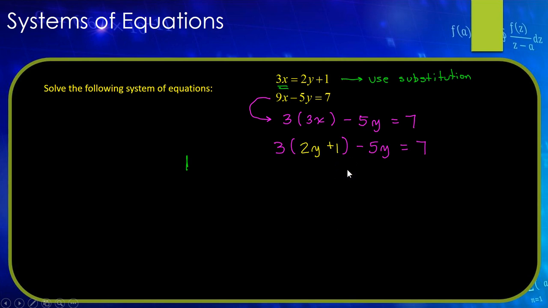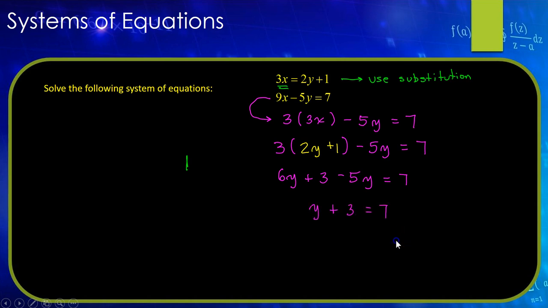I mean, of course, I could always divide both sides of this top equation by 3. I would get some fractions involved, which sometimes turns some students off of that. But sometimes if you notice things like that, you could take advantage of it and make it just a little easier to handle. Distributing the 3, I get 6y plus 3 minus 5y equaling 7,